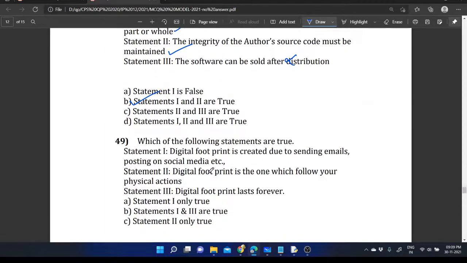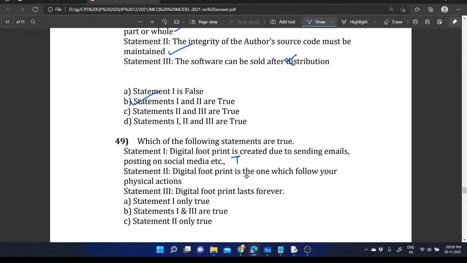The next one is, which of the following statements are true? Again, we are providing 3 statements. So from this, we need to identify the correct one. Digital footprint is created due to sending emails, posting on social media, etc. That statement is true actually. Whenever we are surfing on the internet, it will automatically create a digital footprint.